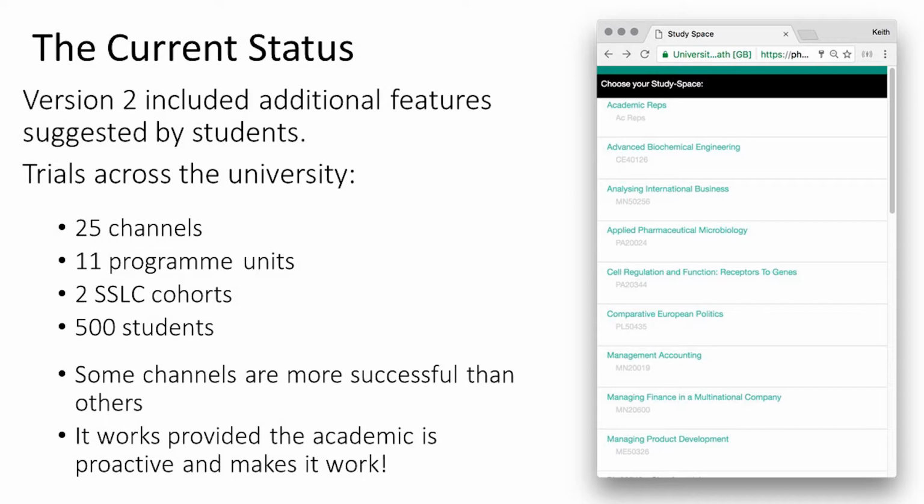So we have about 25 channels, around 11 units, and it's also being used for what we call the SSLC, and that's the Staff Student Liaison Committee. So there's a total of around 500 students in the database at the moment. And it must be said that some of those channels have not worked very well, but some of them have worked absolutely fantastically. And what it comes down to in the end is how well the academic pushes